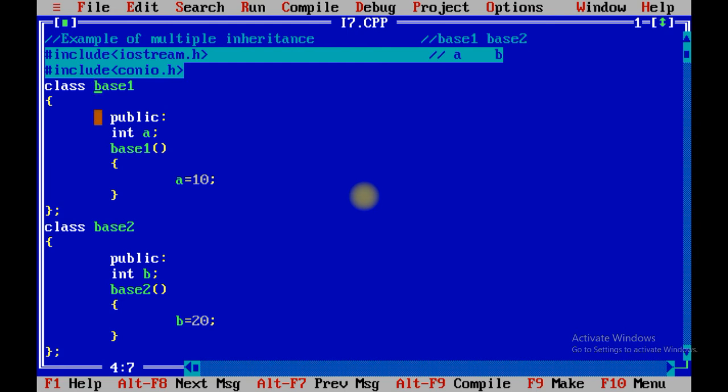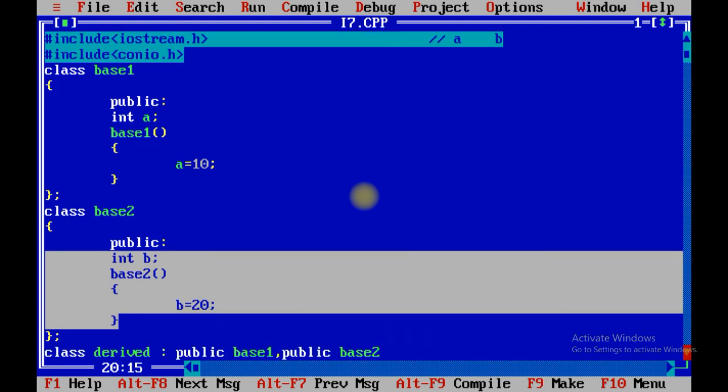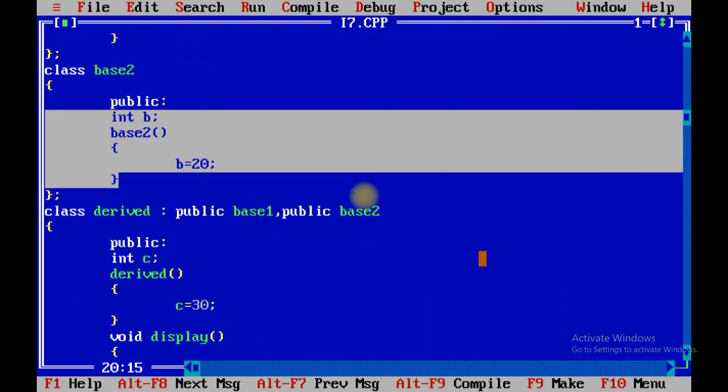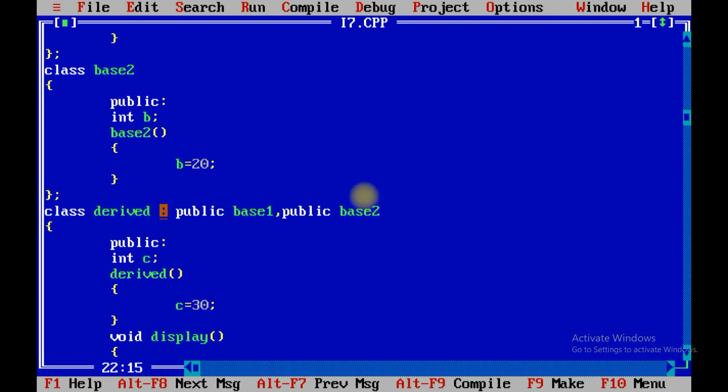First of all, create two base classes, initialize the value of A and initialize the value of B. The only thing you need to keep in mind is this line. Class derived, you just need to inherit by using colon. Make the public access specifier for base 1, separate inheritance by the comma, again use the public keyword and base 2.